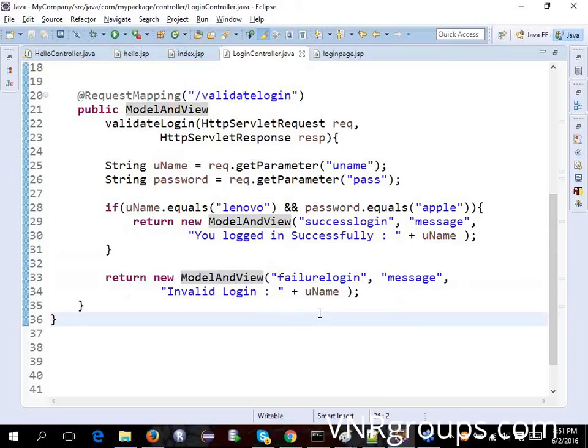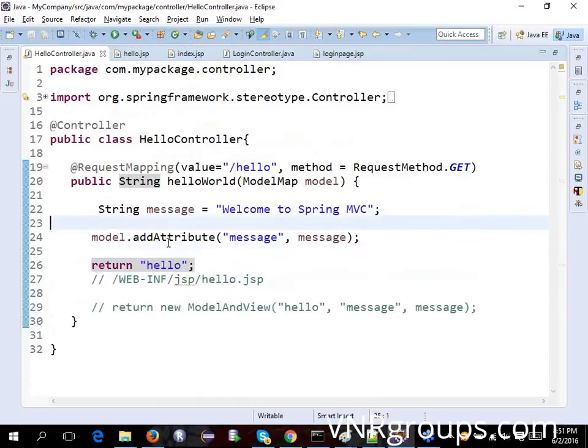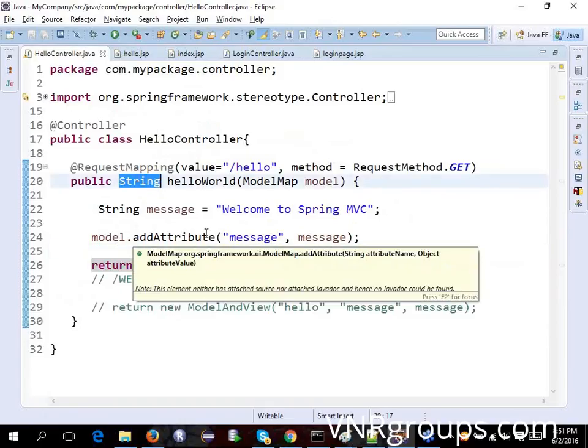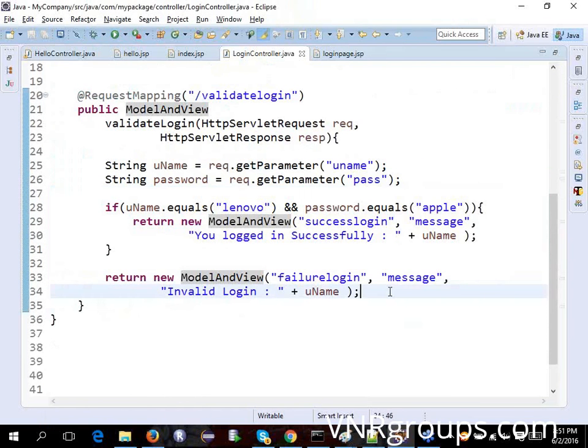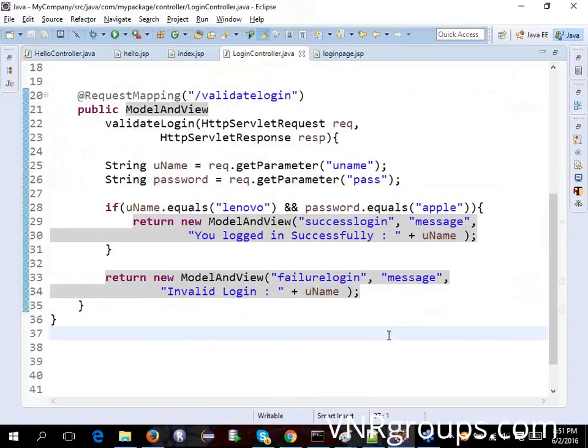That's a value. The actual key is message. Yeah, here it is. We can do that one of the two ways. Either we can return it as a string and create a model. When the string is returned, even the model goes. Or we can do this. Instead of storing it in a variable, just